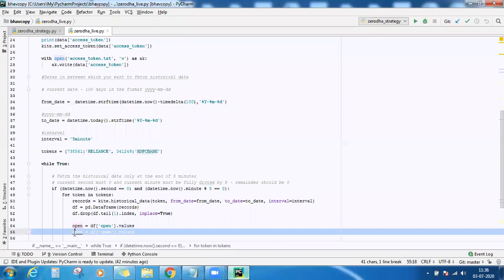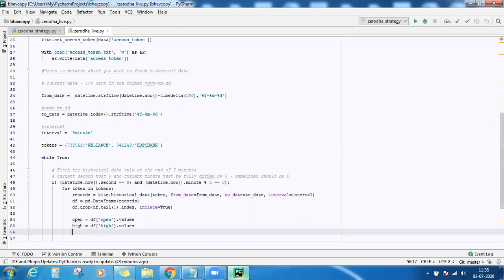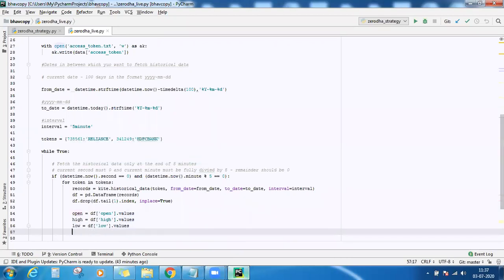Then this list has the high values, low, and close.